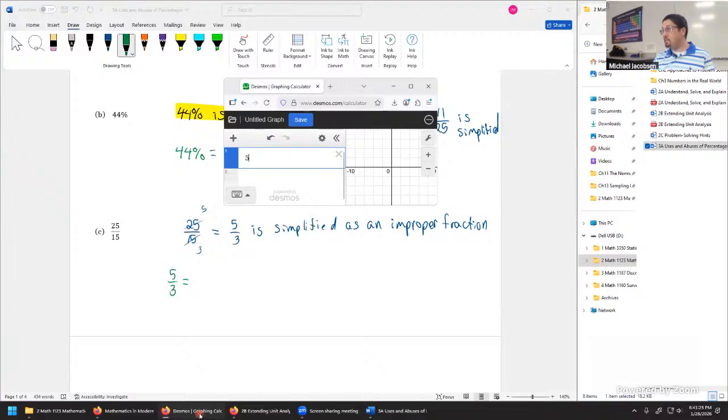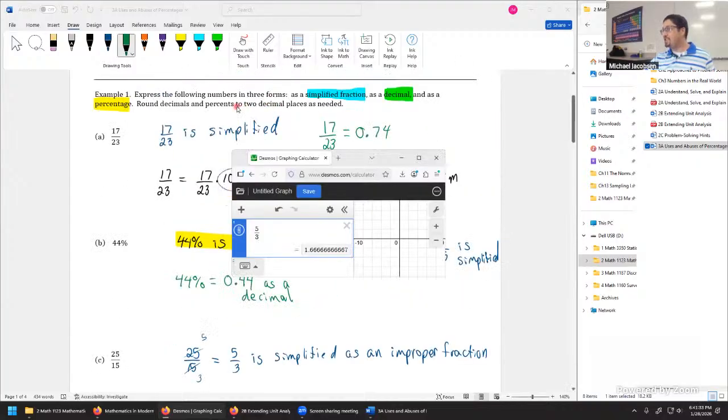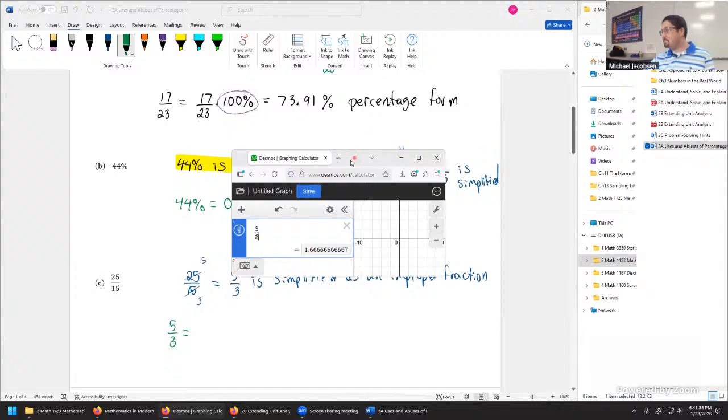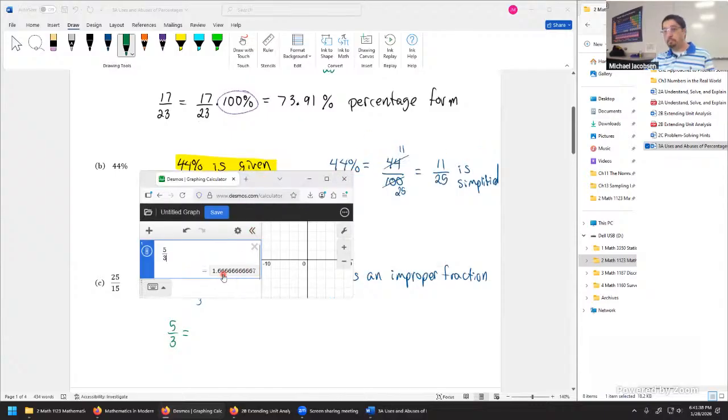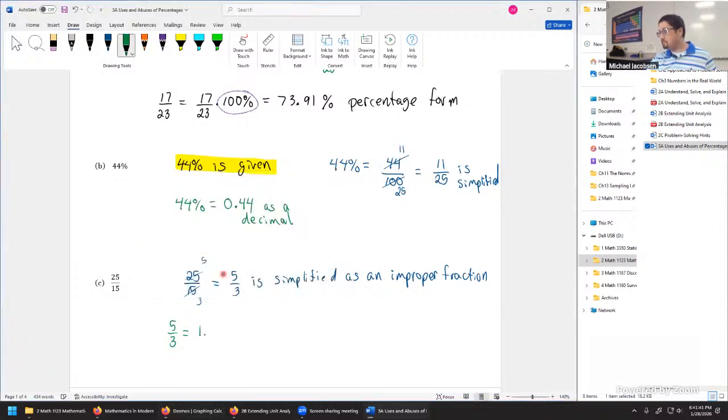This one will be another repeating decimal like on part A. So we'll round this one to 2 decimal places, is what it was asking for. Let me double check that in case I forgot. Yeah, 2 decimal places. So rounding this one to 2 decimal places will give us a 1.67. And so this is as a decimal. Now, if you gave me 167%, you shifted the decimal place 2 spots to the right, that'd be okay on a quiz and exam. But let's say for MyLab, let's be more careful on this